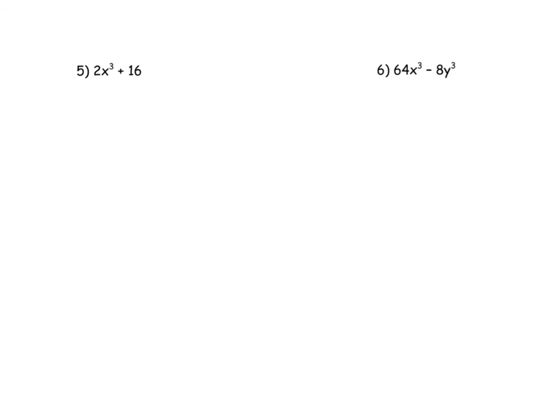And I see I could actually do GCF. I see that I could divide both pieces by 2. So by doing so, these 2's will cancel. I'll be left with x to the third, and 16 divided by 2 is 8. So take a look at that now. I took out my GCF, and now inside my parentheses, I have a sum of 2 cubes. That's much better. So go ahead, take a minute, and factor this expression, the x to the third plus 8,